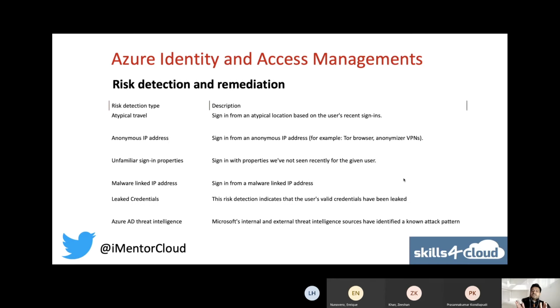So now we have the sign-in logs, and these are the by default available things for when an attack happens, what you should be doing. Risk detection, type, and description. So what is atypical travel? There is one example I will share, but one pro tip I will give you, which you will not hear many times because you learn it from experience. Atypical travel means I'm at my home and I'm signing in at whatever the time is, 1:32 p.m. here in Jersey.